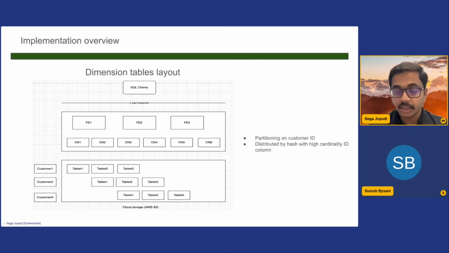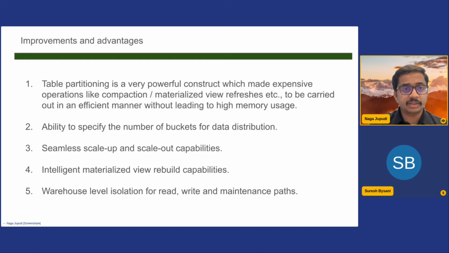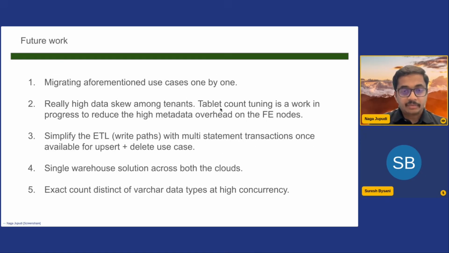We are actively looking at all the GitHub requests and everything on StarRocks. For now, in order to not have very high metadata memory pressure overhead on the FE nodes, we are trying to manipulate or update the number of tablets per partition. This is manual work that is happening today, but we believe these are all upcoming features from StarRocks, which we are waiting for, right?